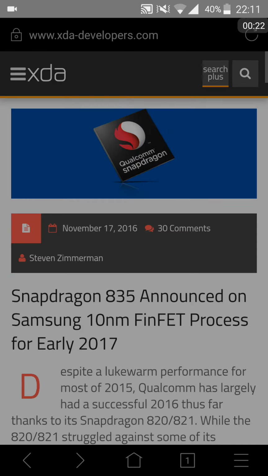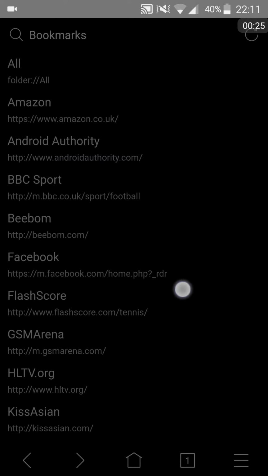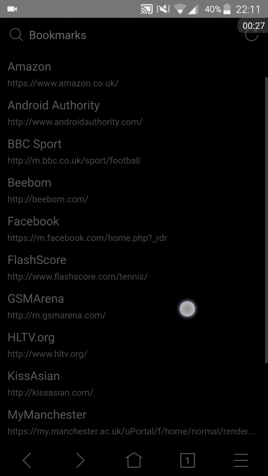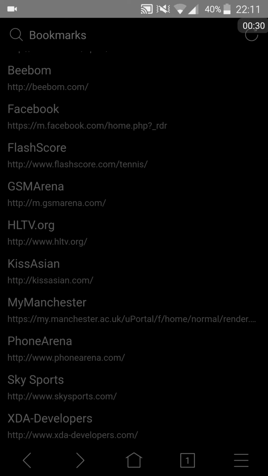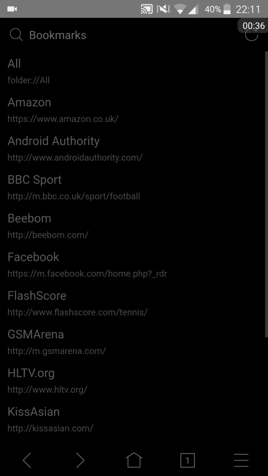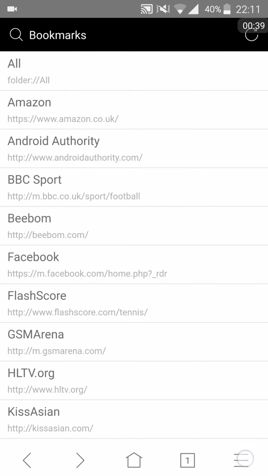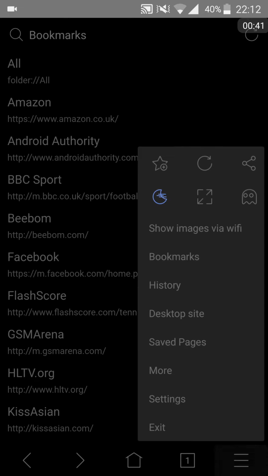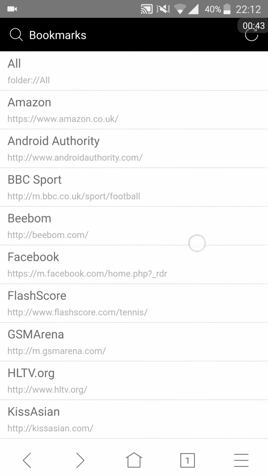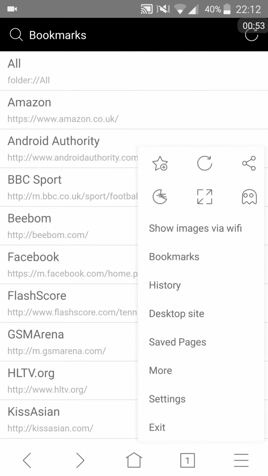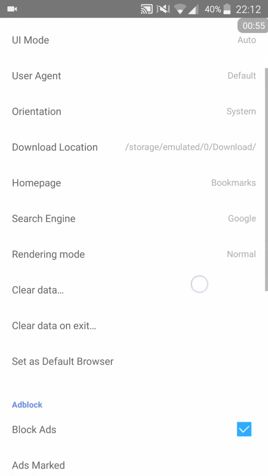So this is the browser, and you're allowed to make your own bookmarks, which is what I like, and you also can customize the black for your screen to have a color on your screen. There's a night mode, which is just a lot of customization. So if I just disable the night mode, and then you can add bookmarks, you can set it to have like a window, like if I just show you, if you go on,